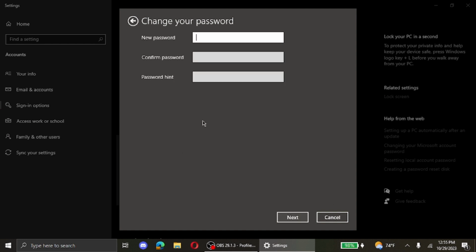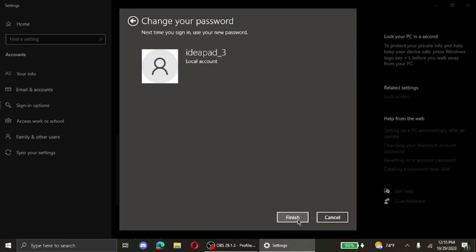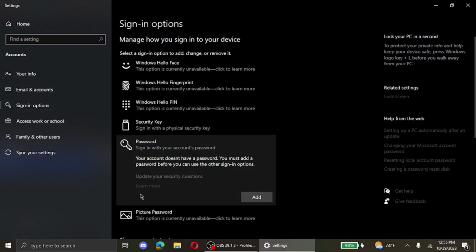So if you want to change your password, you enter your new password, confirm your new password, and set a password hint for whenever you forget your password. However, if you want to remove your password altogether, then you leave all of these blank and click on next, click on finish. So if you shut down your device again, it will not ask for your sign-in information or